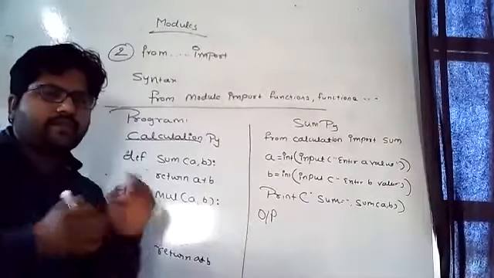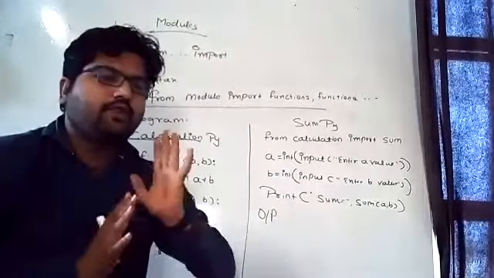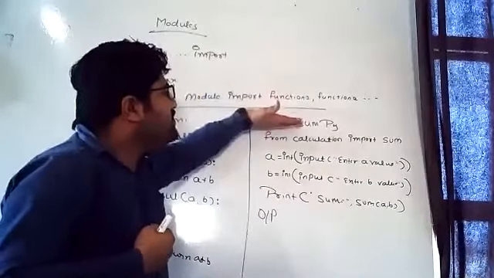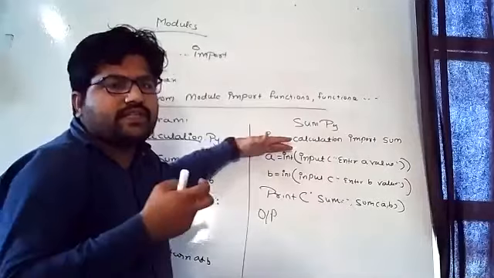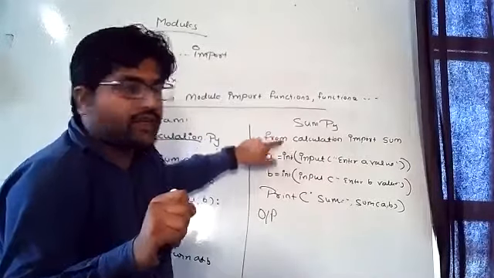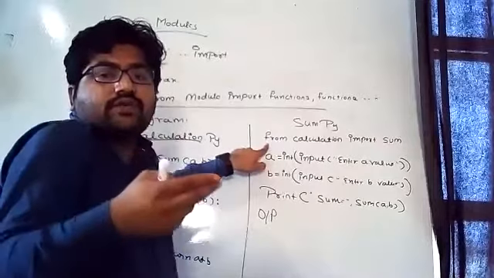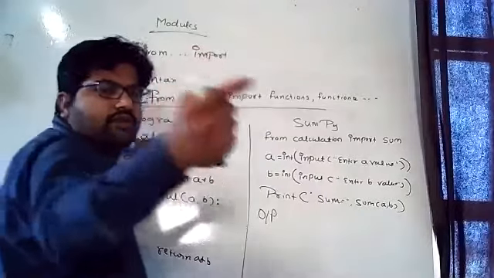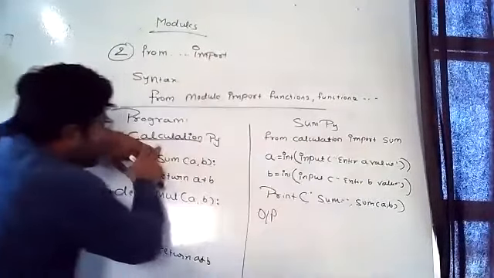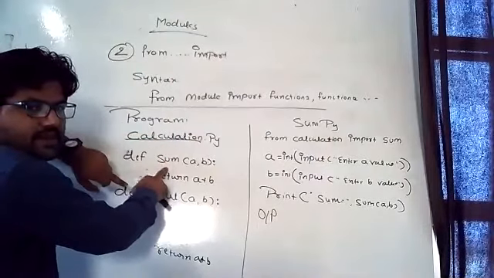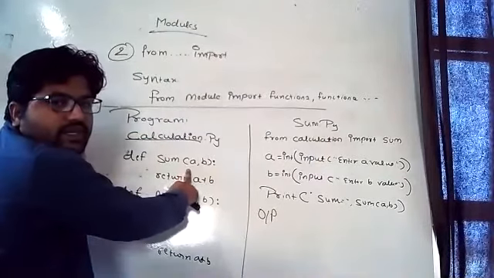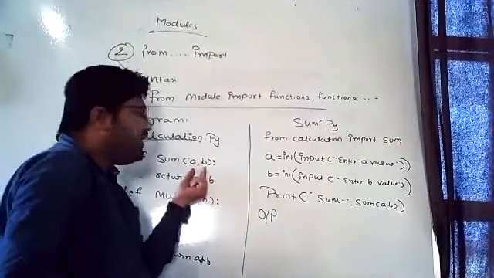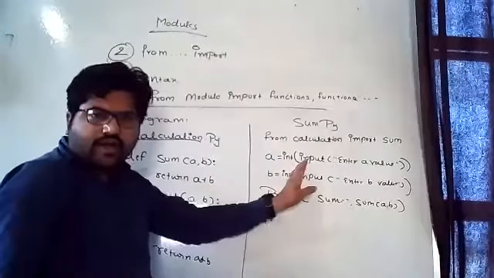We'll see. As an interpreter, I am going to see it. Now we'll trace the program. Assume that I am an interpreter, I will just read this one. From, yes. Here the user is importing something. From where? Calculation. Next I will jump to the calculation. What do I need to import? Sum. Is the calculation containing sum? Yes, it is containing sum here. So I will call this one. Here I need to pass A and B. So I will come here again.